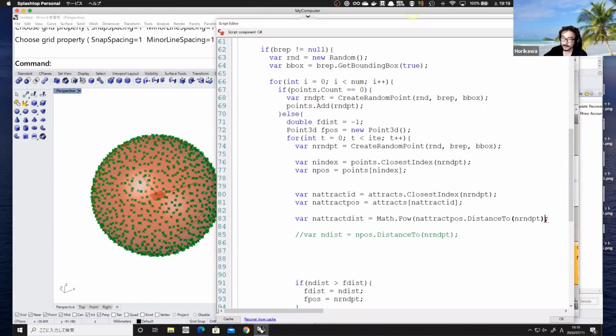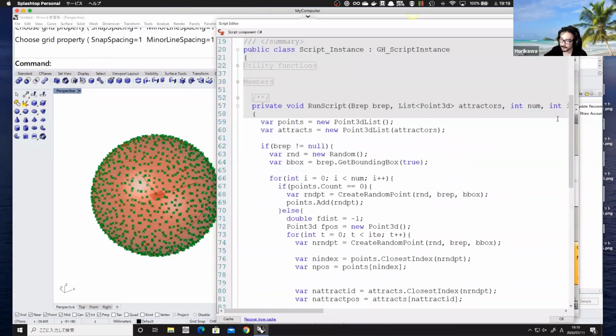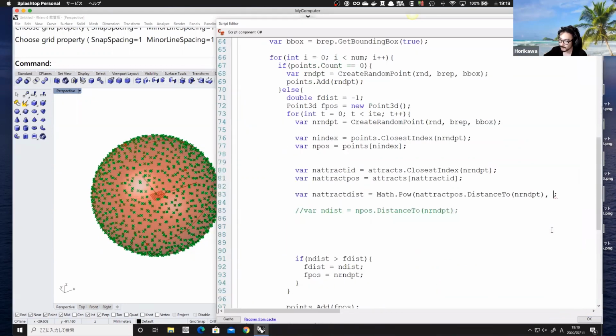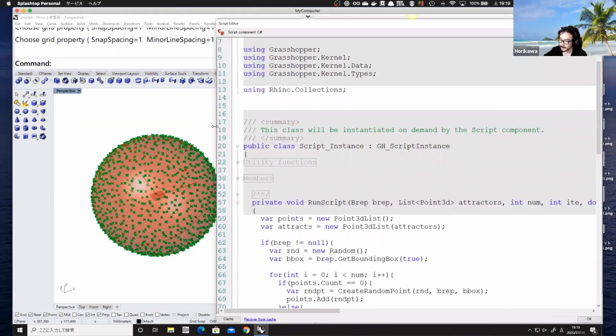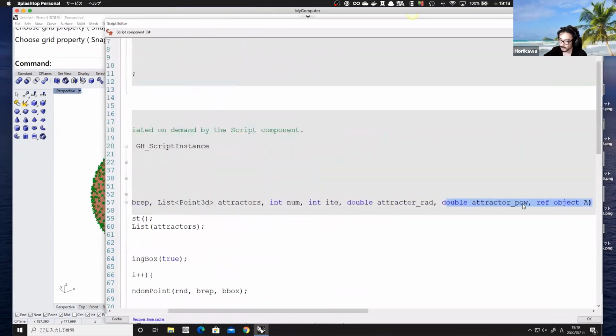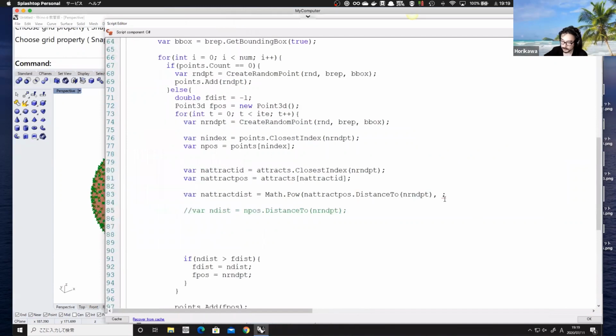And in order to use the power, you need to have the second input, and that is going to be the value that I have set as a parameter right here, attractor pow. And let's copy this and paste it right here. Okay, and